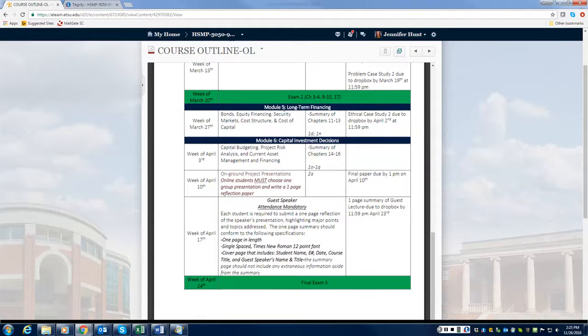Again, I have separate modules set up covering different chapters, and this came straight out of the syllabus. Here's exam 2. You can see we're down into module 5, module 6. Now, one thing I will point out, particularly for the online section of this class, the week of April 10th,